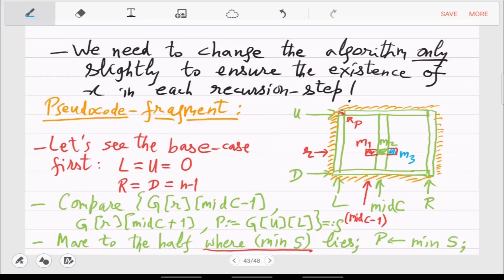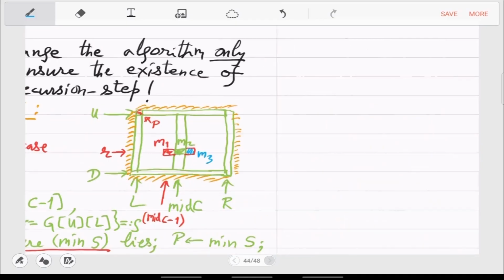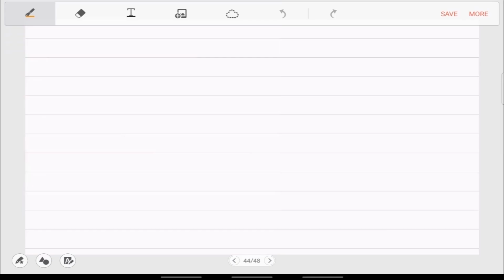So the new invariant also considers this point P, the 0 comma 0 element. Now if the 0 element is smaller than M3, then it will instead pick the left half. Okay? That's what this is doing.